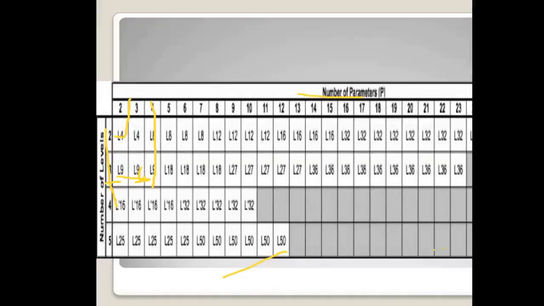Again, one more example. You can come closer. You can come forward side. This one, 18. Again, three levels, 5 factors means 3 raised to 5. 3 into 3 into 3 into 3 into 3. So by avoiding all those experiments of 3 raised to 5, you can perform only 18 experiments, and those 18 experiments will give you all information about the 3 raised to 5 experiments. But which 18? That is the Taguchi array. That we will see later on.